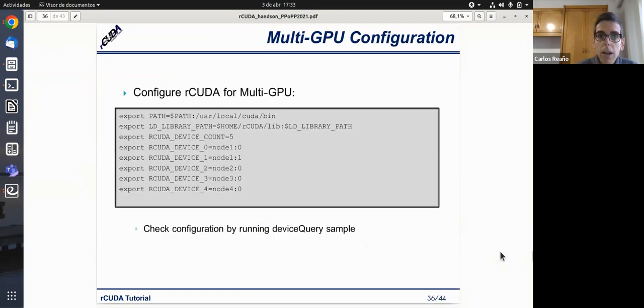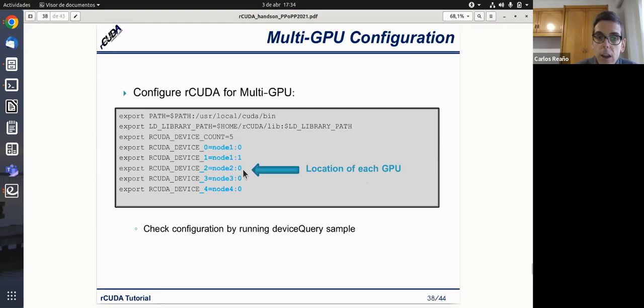Okay. And for doing this, in this case, we need to indicate the number of remote GPUs. Before, we were just telling that we were going to use one GPU. In this case, for instance, we are going to say we want to use 5 GPUs, and we say that GPU 0 and 1 are both in node 1, and inside node 1, GPU 0 is device 0, and GPU 1 is device 1, and then we could assign devices from other nodes.